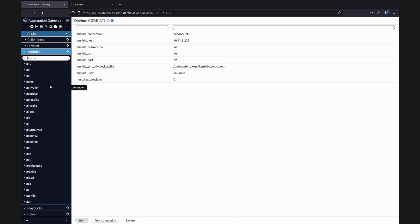So how many times have we ever thought about, gosh, I really just need to do one very specific thing, and I really don't want to sit down and write a whole playbook for it if I'm an Ansible user, or I don't want to write a whole script for it. I just need to do something quick. I need to run show version on n number of devices. I can actually go into the Gateway